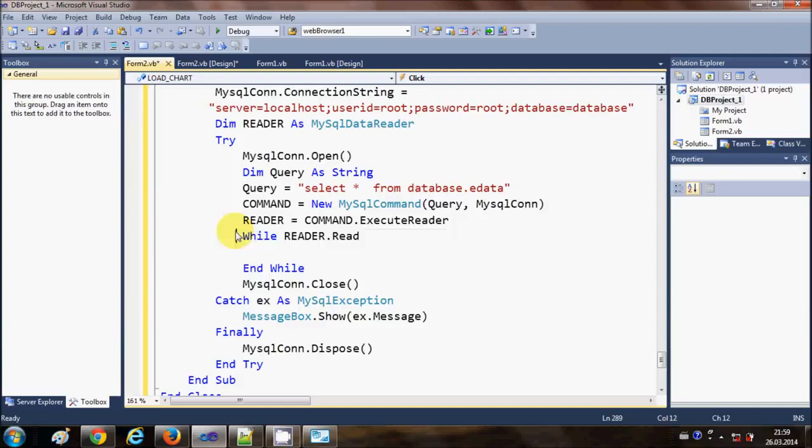and then I will fetch my data using while loop one by one. So it will fetch row by row data, and in this while loop I will fetch my data and I will write some code which will load my data to the chart control, right? So just write while reader dot read and the while loop, and in between this while loop we will write a code to load age and name to the chart. So in between this while loop,